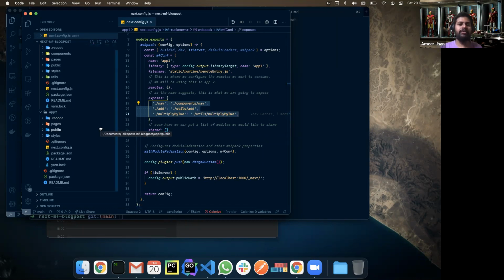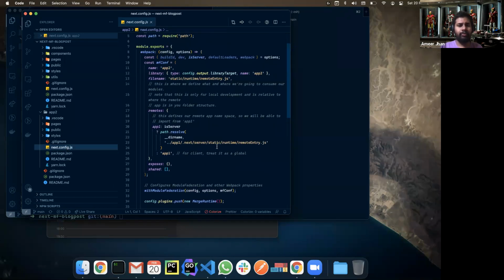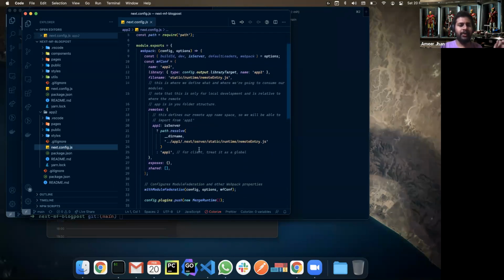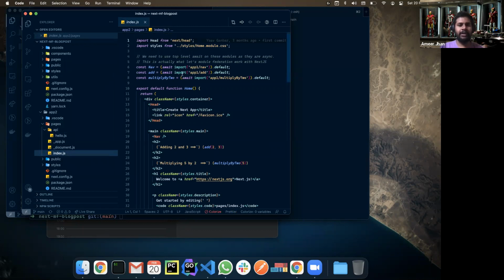You export something from your bundle. After it is built, you can start importing it in another app. Like you export something from app one, and you can start using it in app two itself. That's how the whole idea of microfrontends works. Now, if you can see, I'm importing from app one, and I'm using the dynamic import statement, so it is going to be lazy loaded.